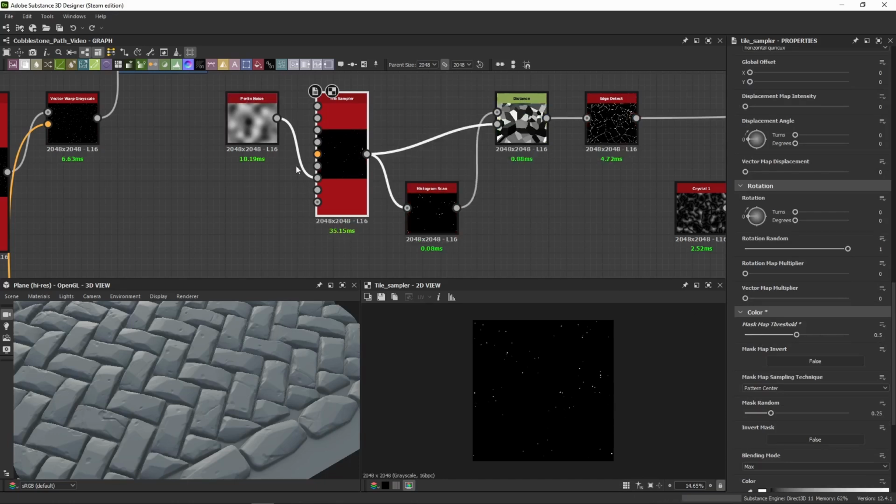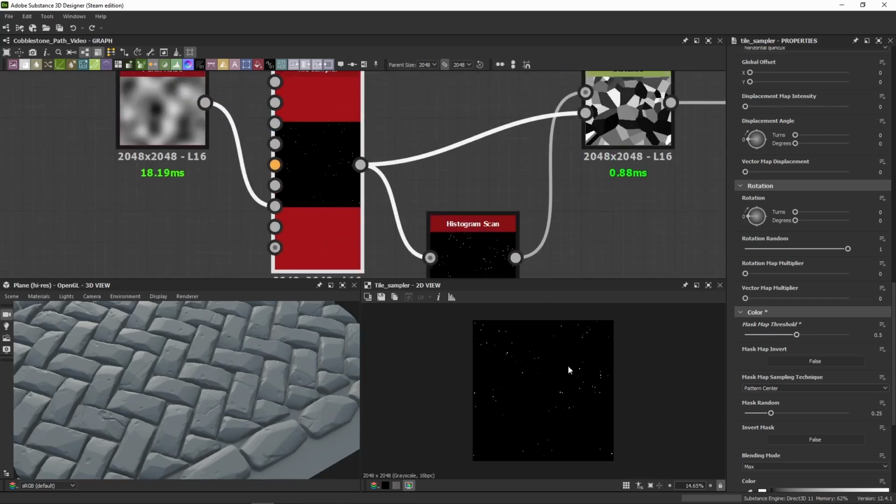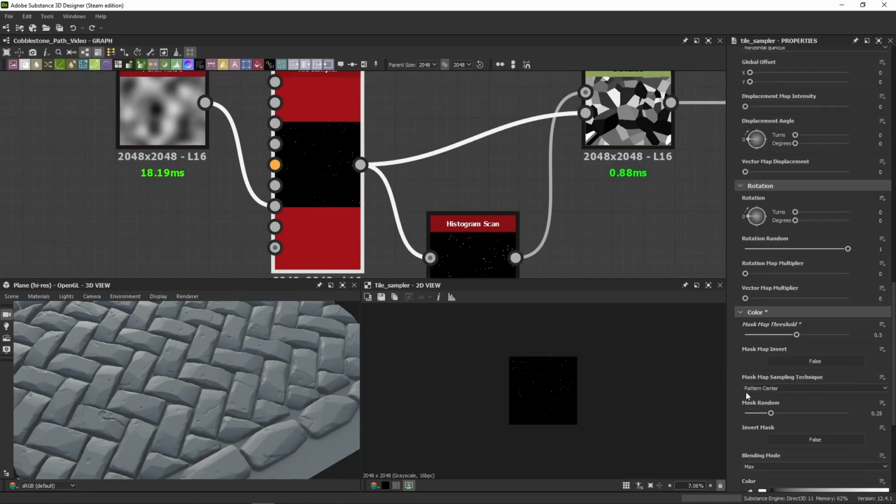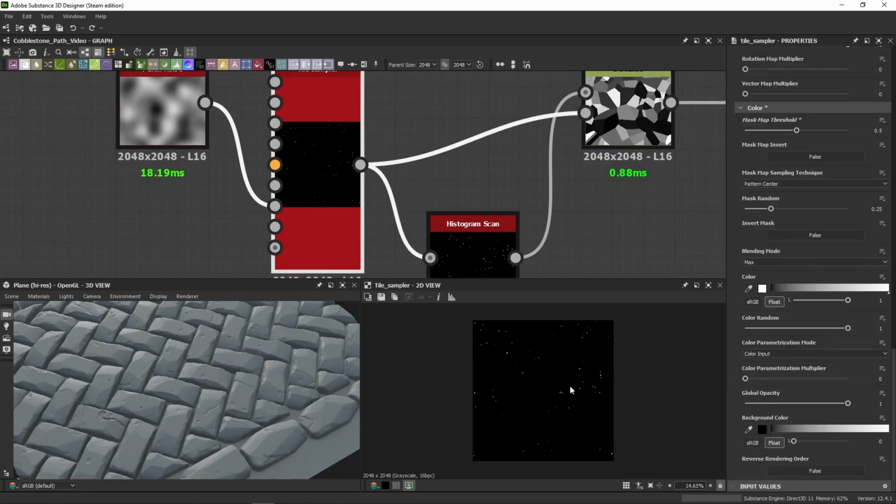Sorry, I'm not using this mask to distribute them. I'm using this noise to mask out where I want these dots at. Let me just finish walking you through this. Mask random 0.25, mask map threshold 0.5, and then make sure this Perlin noise goes into your mask map input, also known as your MMI. I don't think it's really known as that, but